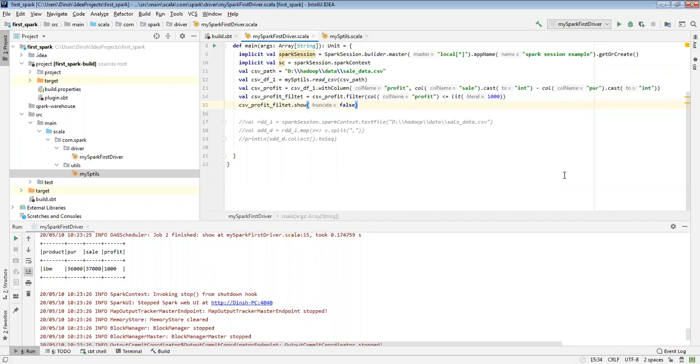The interviewer may ask what kind of transformations you have used in this project. The first question will be, what is the data frame API you have used in your project, data frame or RDD? If we say data frame, then in the second question you need to give the list of transformations you can apply on top of a data frame. If you say I'm using the RDD API in my project, you should give the list of RDD transformations.